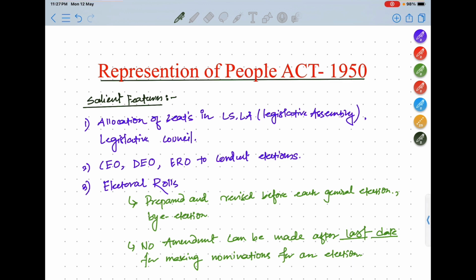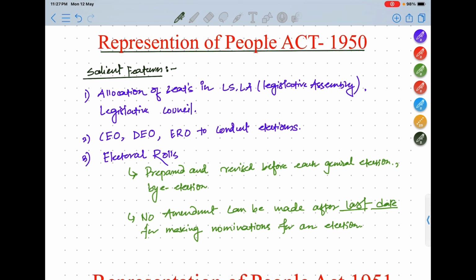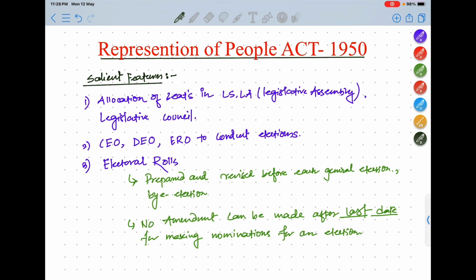Next, we are going to talk about the Representation of People Act 1950. This is the basis of the electoral process in our country. Now, what does the Representation of People Act 1950 say? What are the different salient features? Some features are: